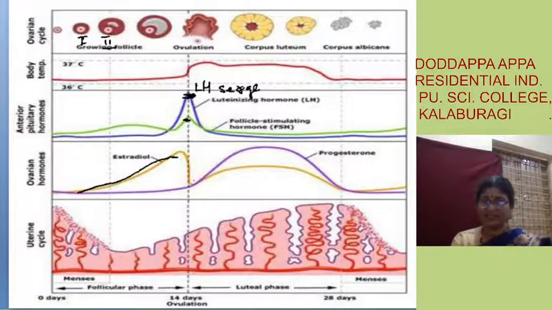Once the ovulation is over, you know that from the Graafian follicle the corpus luteum, a temporary endocrine gland, is formed, and the corpus luteum will secrete the progesterone. Thus the progesterone level will go on increasing, fine. Then if fertilization does not take place, this level will go on decreasing, fine children.